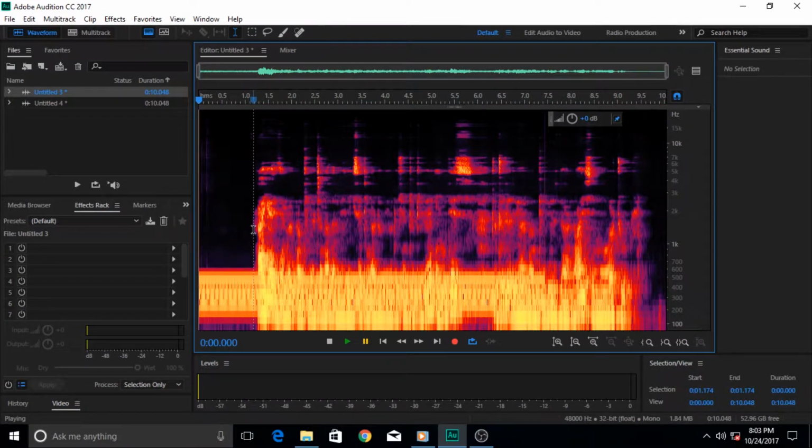Let me talk to you about the effect that is called sound remover. This is different from the noise reduction effect, and this is used for mostly removing the foreground sound. Noise reduction was used for background noise removal, and if you do not know the difference between foreground and background noise, well,